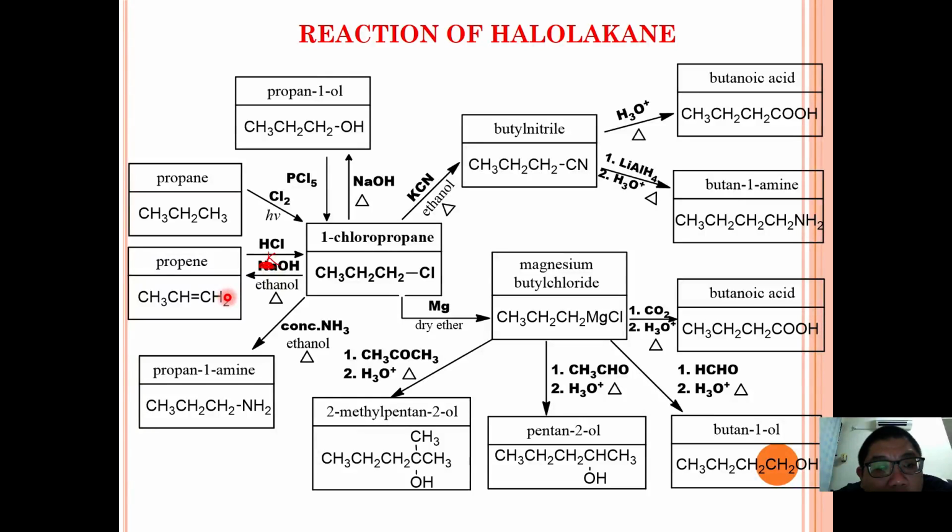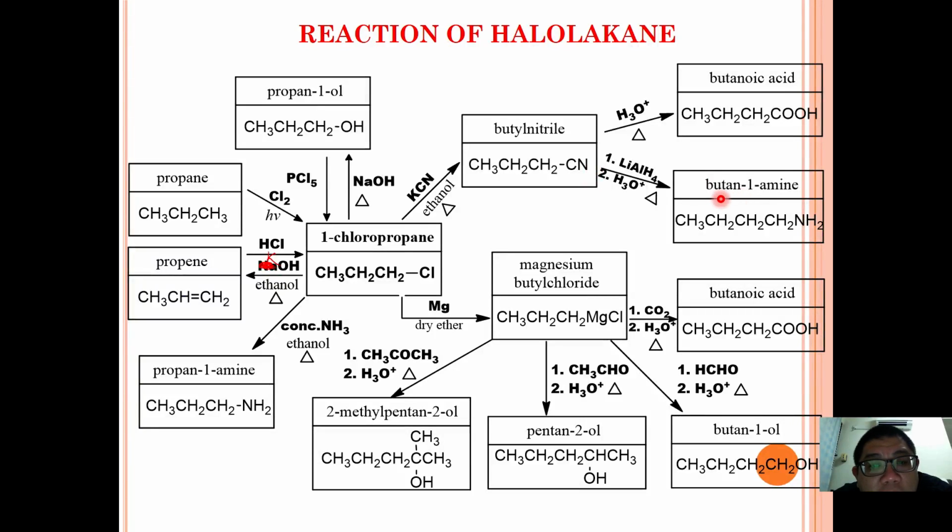And then haloalkane can also be used to prepare amine. So this is the only compound so far that can be used to prepare an amine. So if you react with concentrated ammonia in ethanolic, you form propan-1-amine, okay. And then you can also react with potassium cyanide in ethanol under reflux, you first form a butyl nitrile. So the butyl nitrile can then undergo hydrolysis to form a carboxylic acid, and also reduction to form an